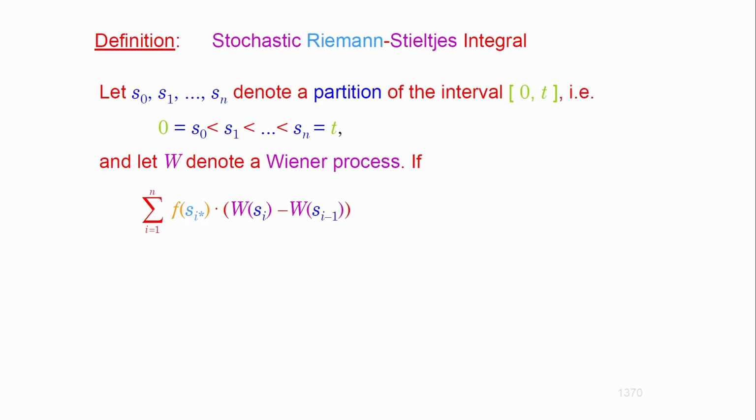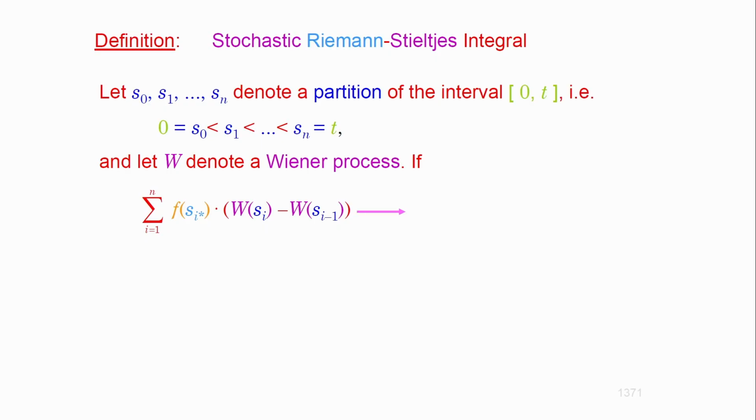Anyways, so what was that? That was a deterministic function. It has nothing to do with the deterministic function of the simple or the regular Riemann counterpart. The deterministic function times the increments of the stochastic process on that partition. So when you look at the increments of the stochastic process, the Wiener process, on that partition, the Wiener process has independent increments, just saying, right? You know that for a fact. And there is just going to be a deterministic function multiplied by it.